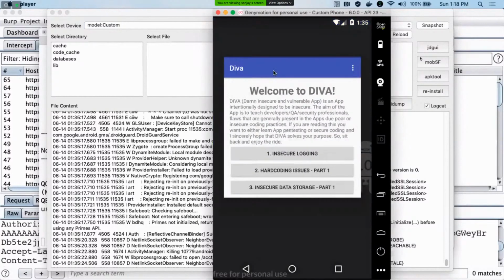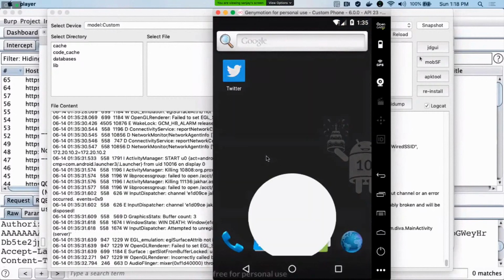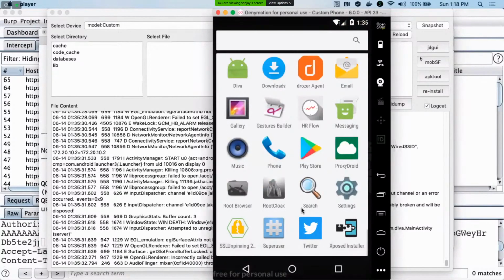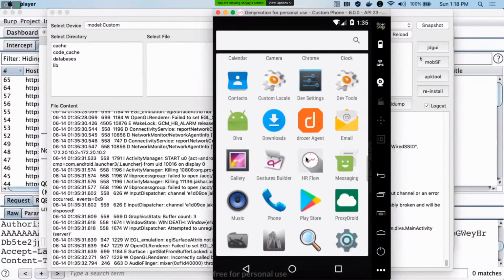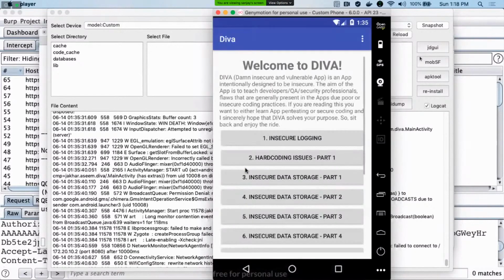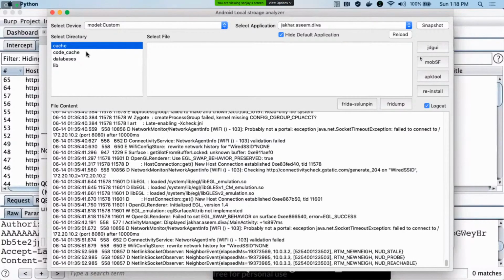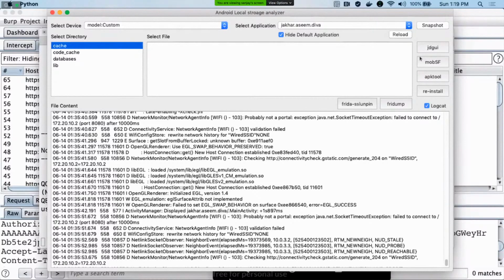It will create the necessary files. By clicking on this particular folder, these are the folders for this particular application. Currently there is no shared preference file inside this.